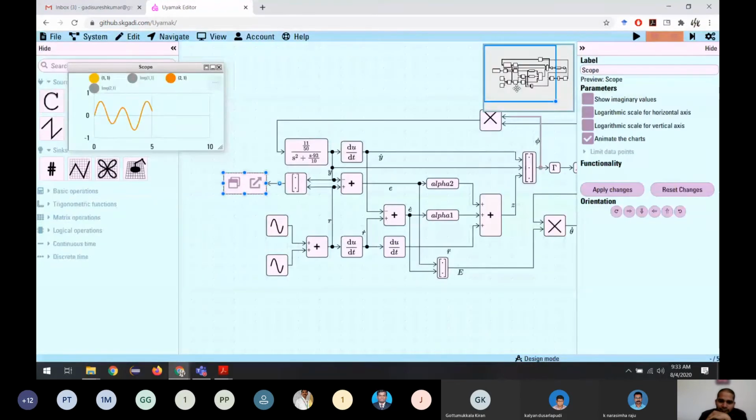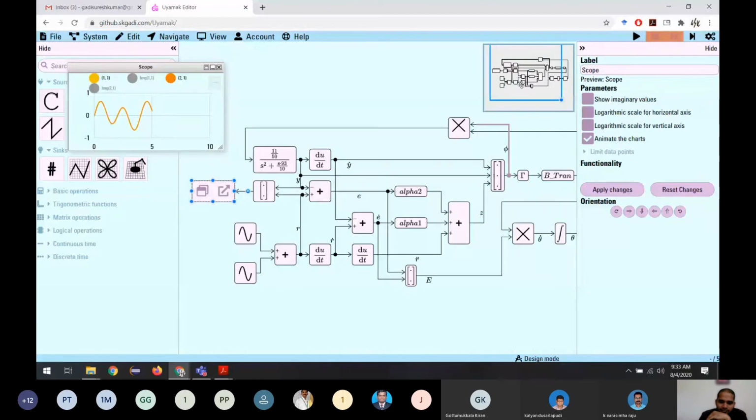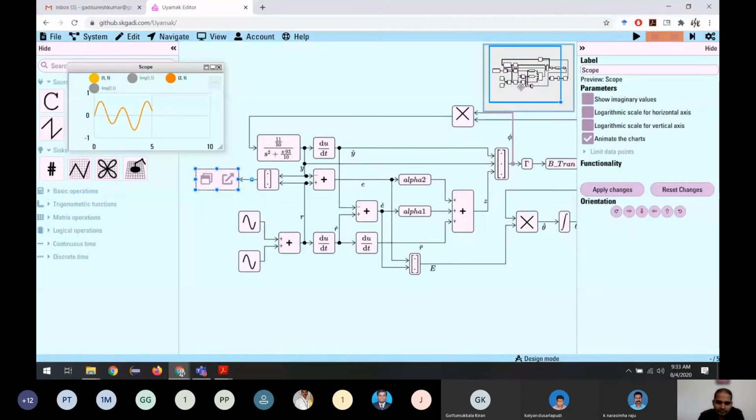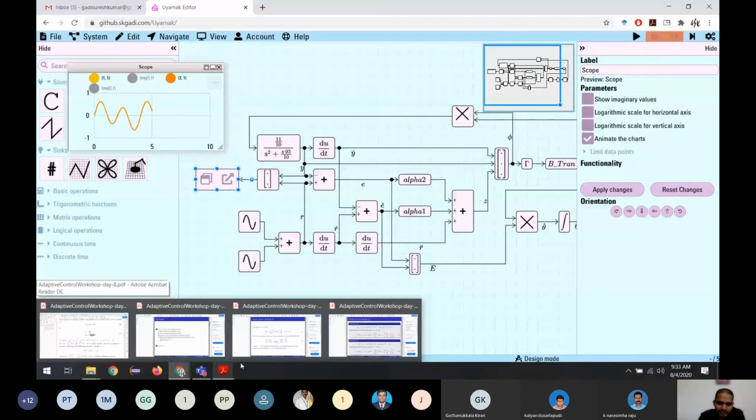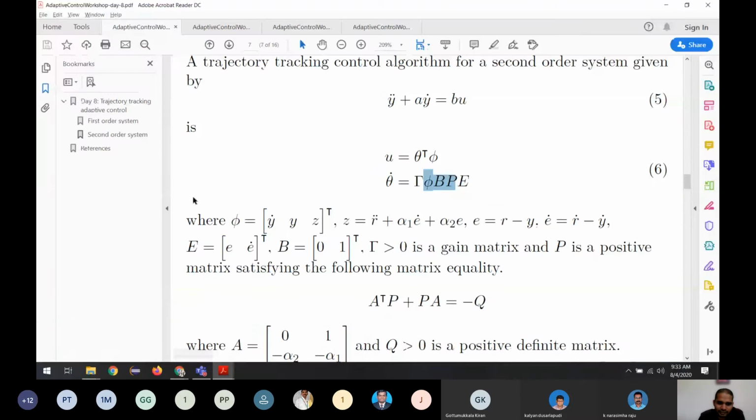So this is the secret for the second order system. This is how we implement it. If you have any doubts, please ask me. The implementation part is done; we will go to the derivation part and see how it works, how we came up with this technique. So I want to know if you are clear with how to implement this algorithm.